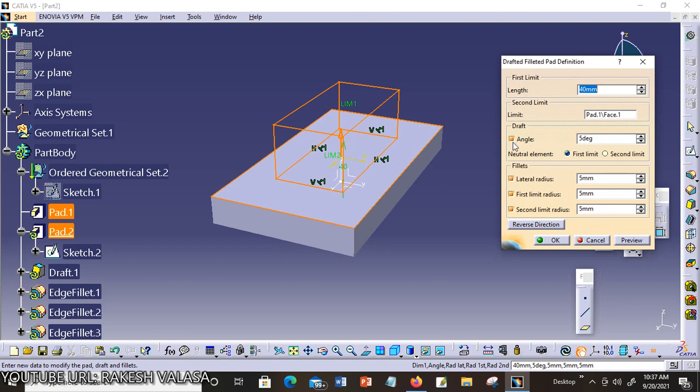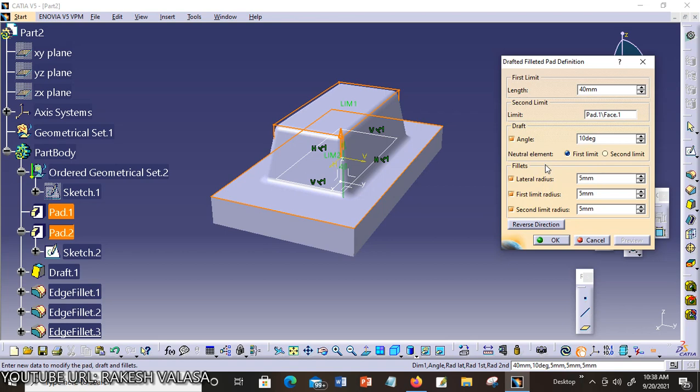Next option is draft angles. Let's go on with the draft definition. By default it shows 5 degrees. I want to enter 10 degrees as the draft angle value. Drafting faces is optional. If you don't wish to use this capability, just uncheck the angle option. If you require it, just turn on this draft angle. Otherwise, you can uncheck draft angle. Click preview.